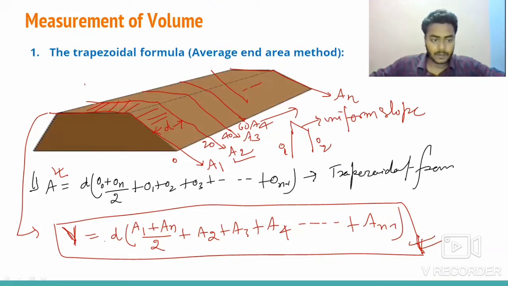So like that. Okay, so we can calculate the volume using this formula. In the question, it can be possible that the area is directly given, like A1, A2, A3, A4, so you can calculate the volume. If area is not given and the data is given in terms of ordinates, what will we do? We will first calculate A1, then A2, then A3, up to AN, then you can go for the calculation of volume. But that problem will be very lengthy. So when you find that you have to calculate the volume, the area will be given.